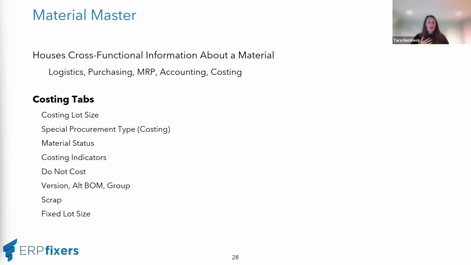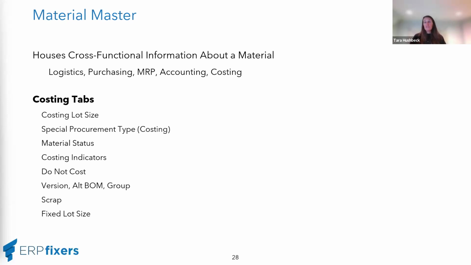And what we own is the costing tab. So that's what I'm going to focus on, and I'm actually going to focus mostly on version and alt BOM control because that relates back to those SAP notes we were talking about. But from a costing lot size perspective, that's a very powerful indicator on the material master as well,